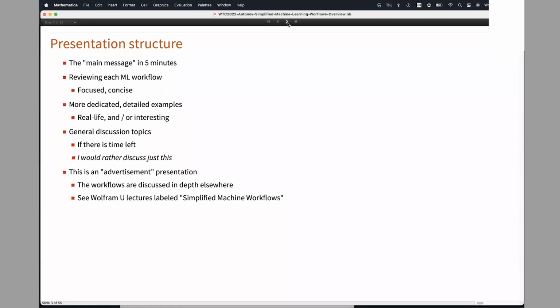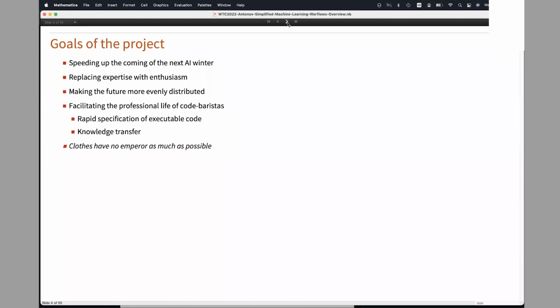So I'm going to very quickly say what this is about, and then we are going to go into some more dedicated explanations. I do have several general discussion topics. We'll see what the interest is and how much time we have. You can see there are like 55 slides. I'm not going to go through all of the slides or pay equal attention to all of them. All right, so